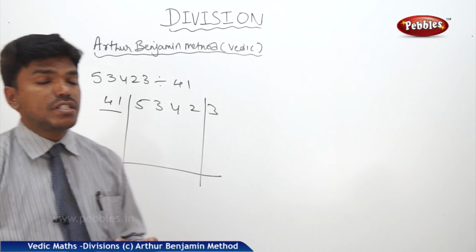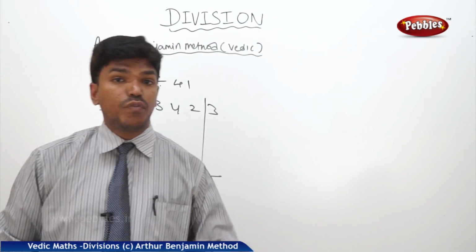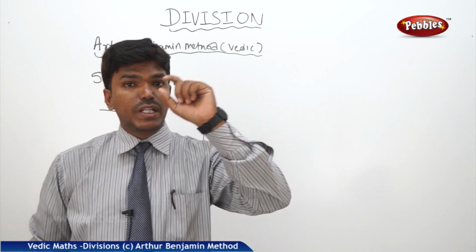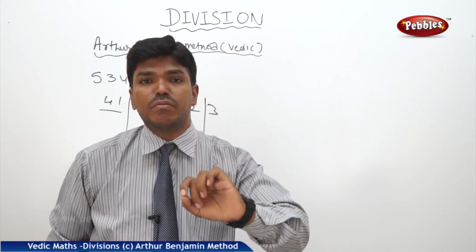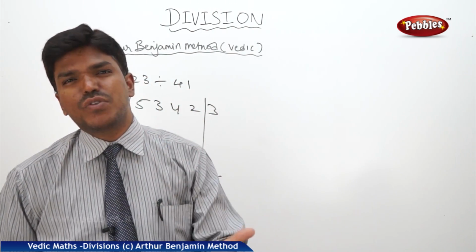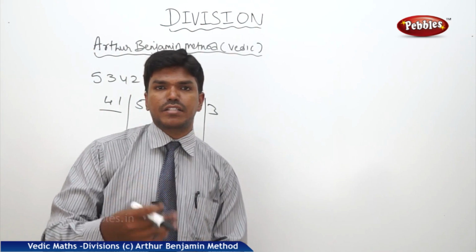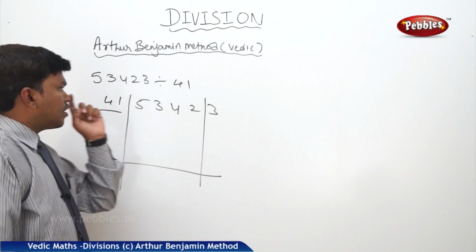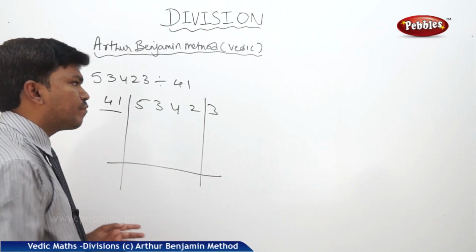41 is near, which is its nearest to tens? 40. If you go for 50, you will get 9 as a complement, which is a bigger number. Every time it will give some bigger values and it will be cumbersome to calculate. So what you need to do here, you just go for the base 40,